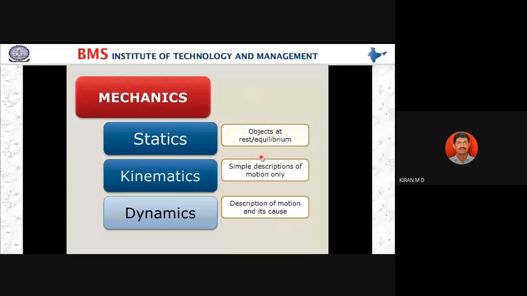In the equilibrium condition, the same reaction force will develop, which we call the resistance force. For example, if you apply 10 Newton, the same 10 Newton will come as a reaction force to maintain the equilibrium condition. So what is the resistance force now? 10 Newton. The same 10 Newton you applied, you got back as reaction force, and that we call the resistance force. So resistance force divided by area is what we call stress.